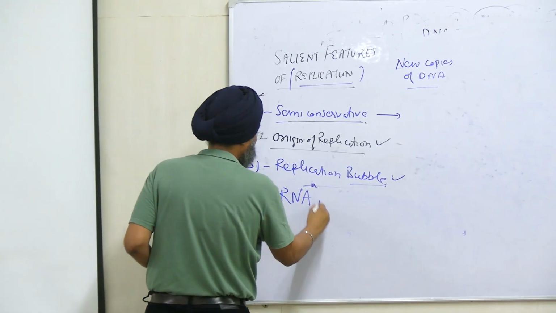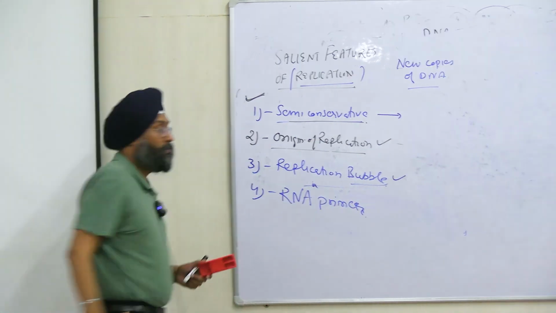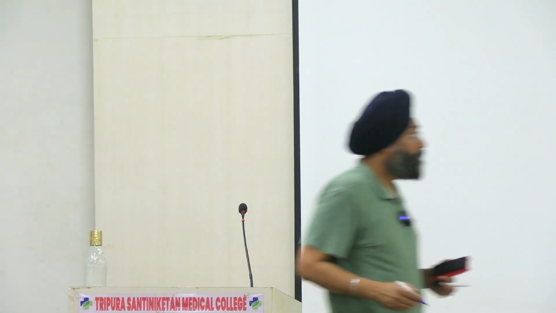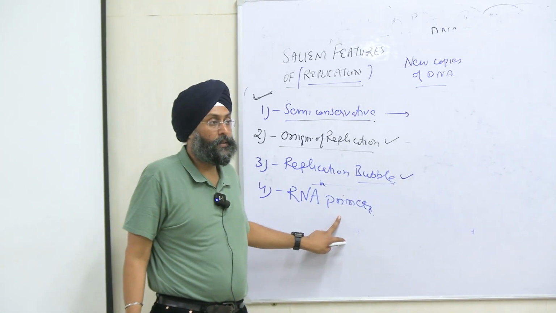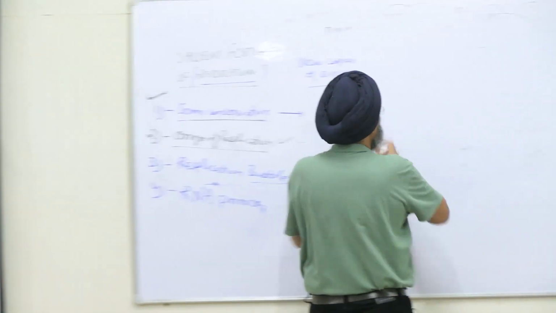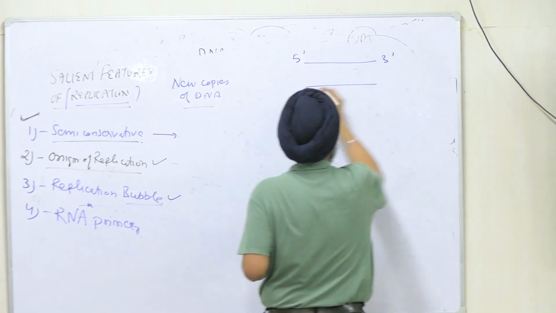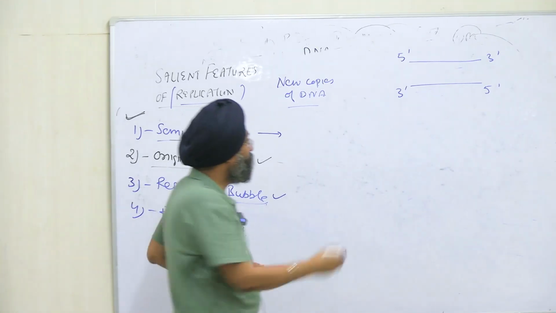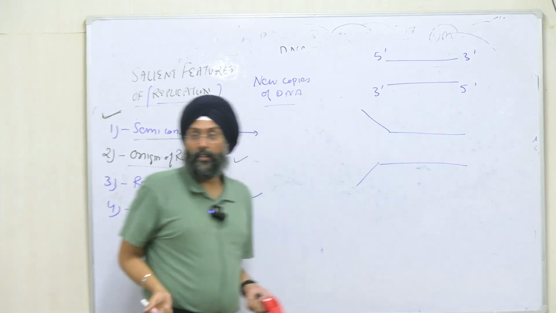RNA primers. What is RNA primer? Tell me, what is RNA primer? This is a normal strand of DNA, 5' to 3' and 3' to 5', right? So when we unwind the strands of DNA,